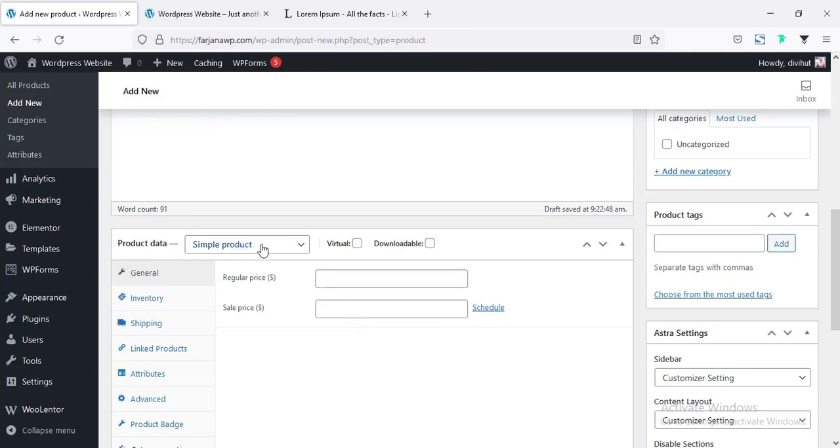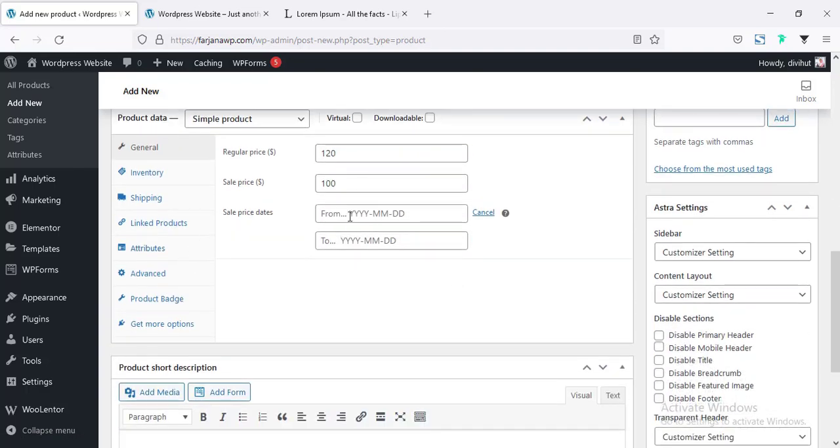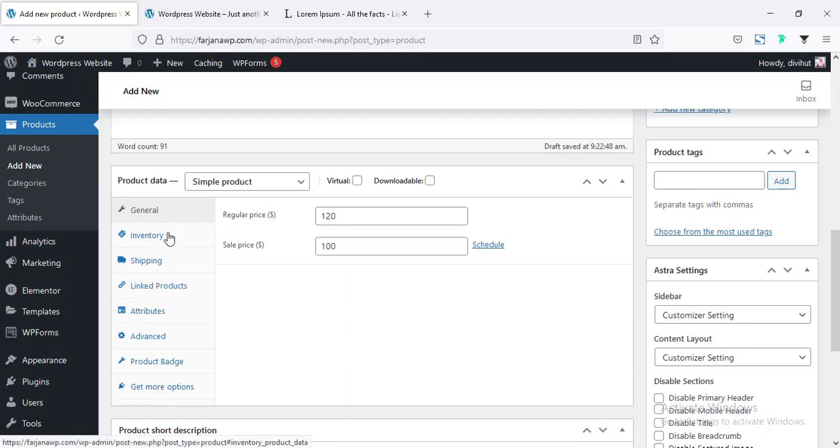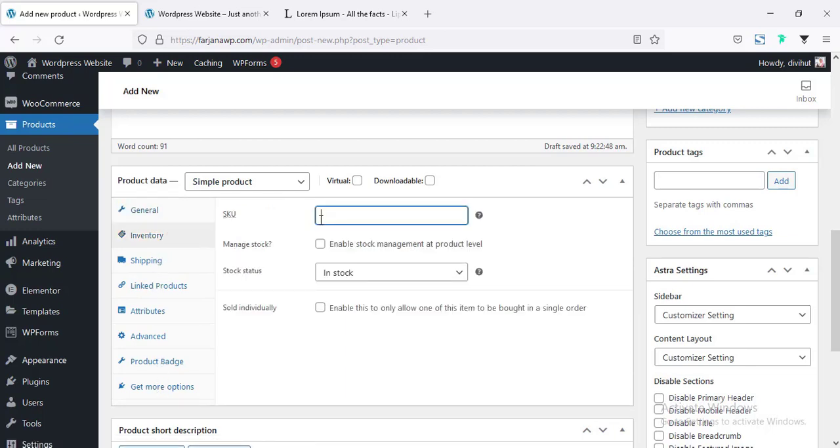So this one will be simple product. From here we can upload different kind of products. This one will be the simple product. I'm adding a price 120, and here we can add another price. So this will be the discounted price. For example, we can type 100, and also here is some more options. We can set a specific timeline for this discounted price, and also here we'll find some more options like inventory. Here is product inventory number, and from here we can set the stock amount for this product,